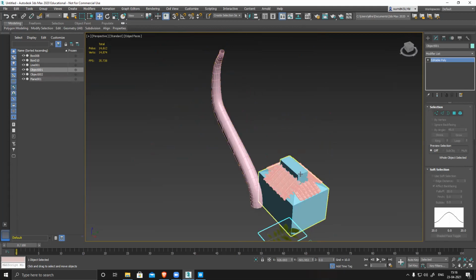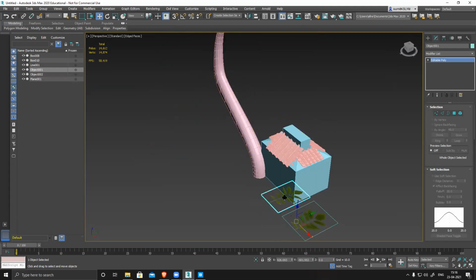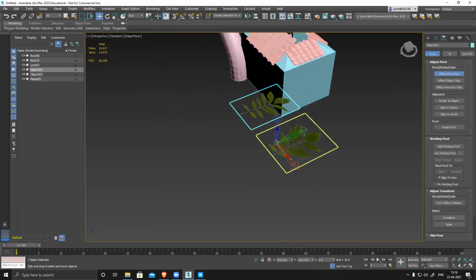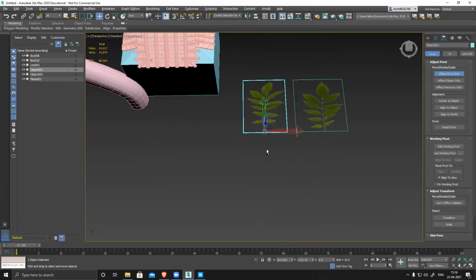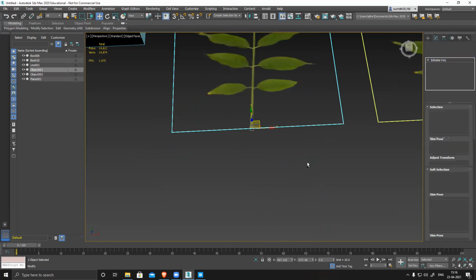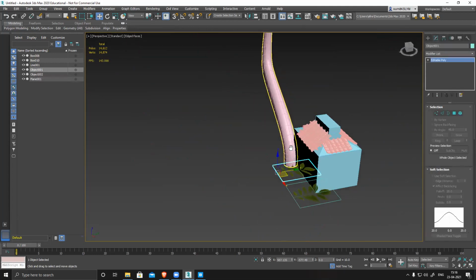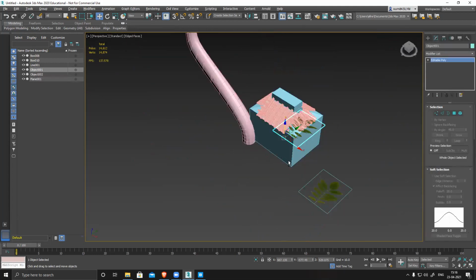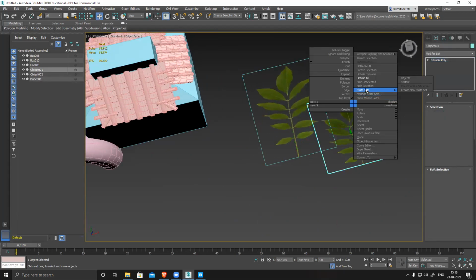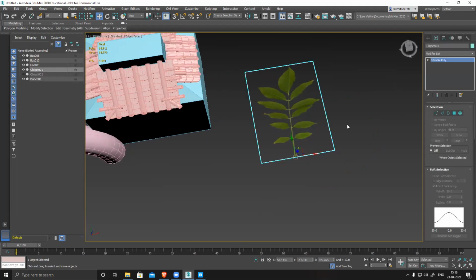So suppose this is my branch. I select this, make sure it's aligned properly. So I'll align it like this from wherever the starting point of my branch is, so it becomes easy for me to control. Now I'll create the basic shape here only. Forget about this, I'll hide this one. Hide selection. I have this leaf branch.